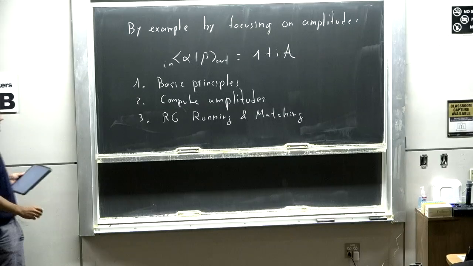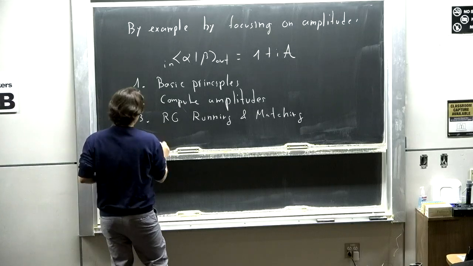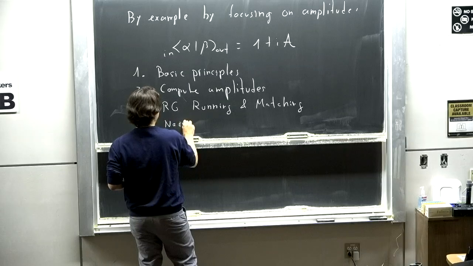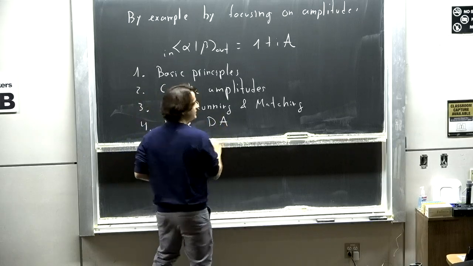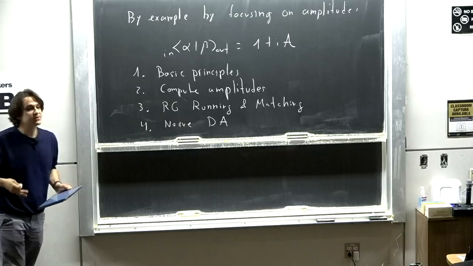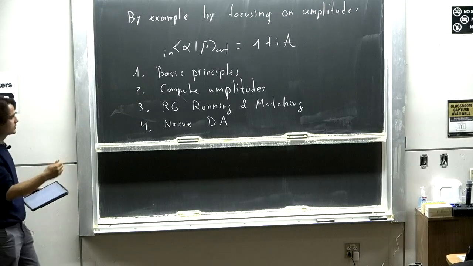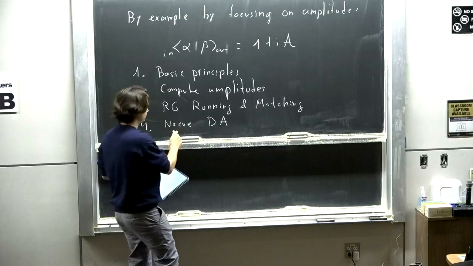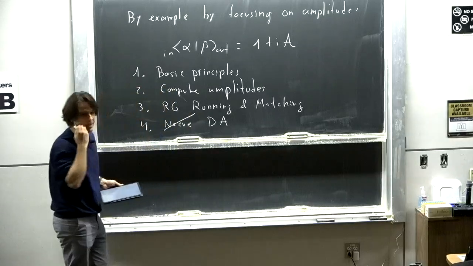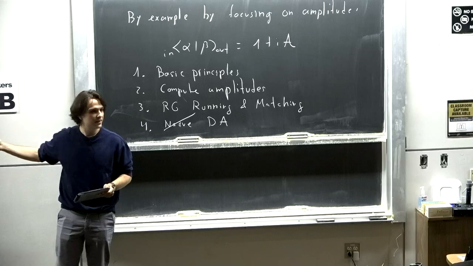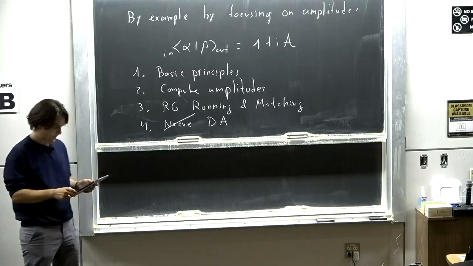And then on the last day, I will try to, there's something that we call naive dimensional analysis, which is when we try to estimate the size of some of the coefficients that appear in the ansatz that we write for an amplitude, which is what we're going to be doing. So I will explain how we actually can say something concrete about the size of these coefficients, again, based on these principles.